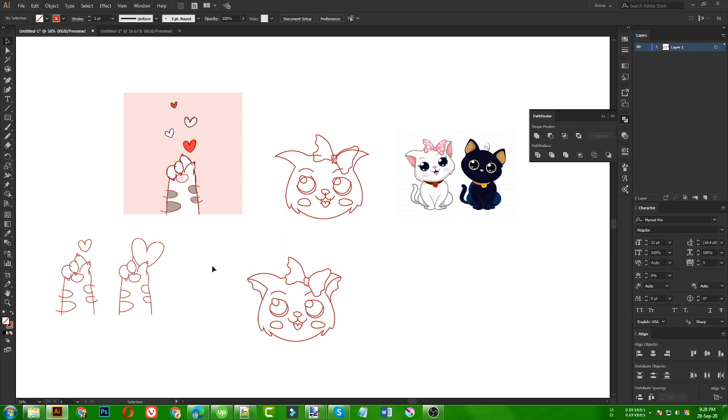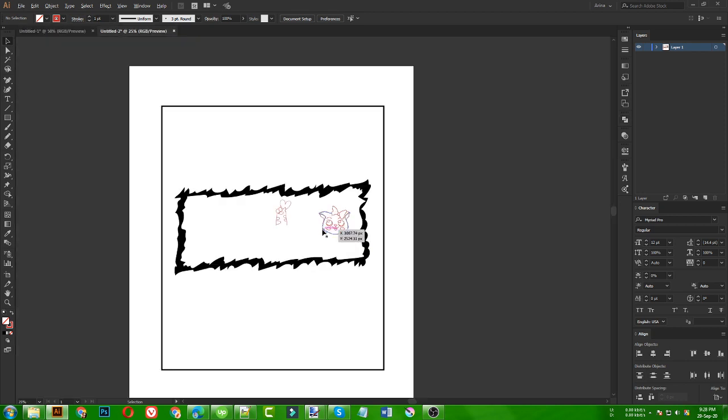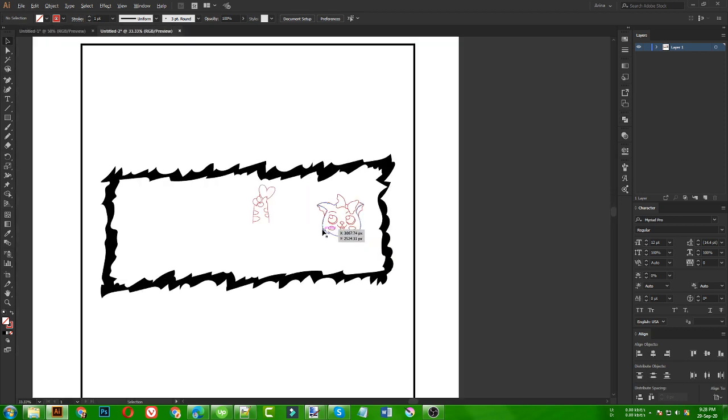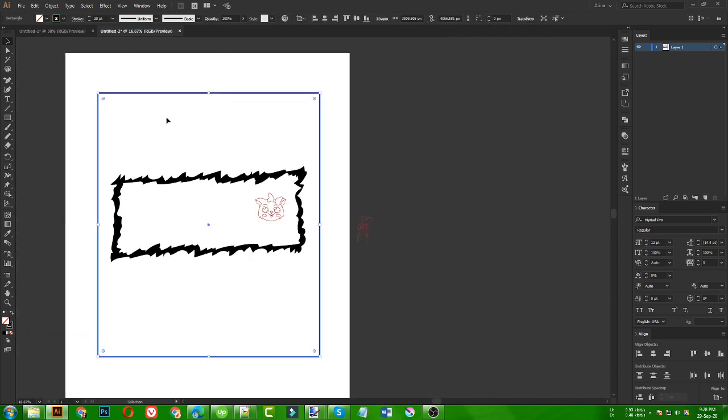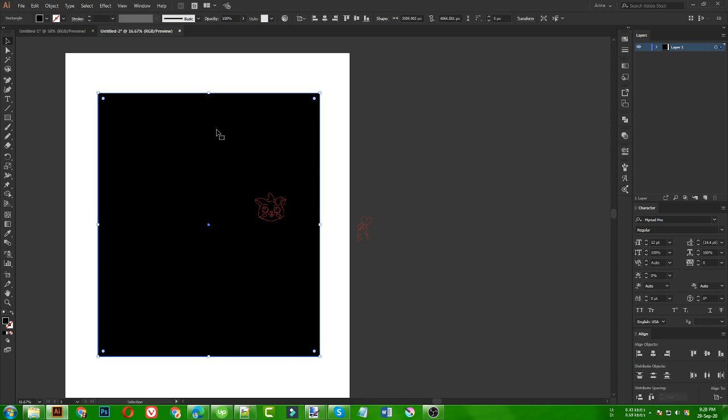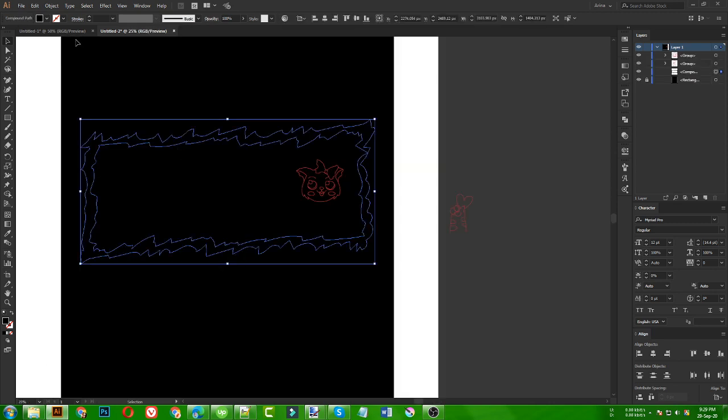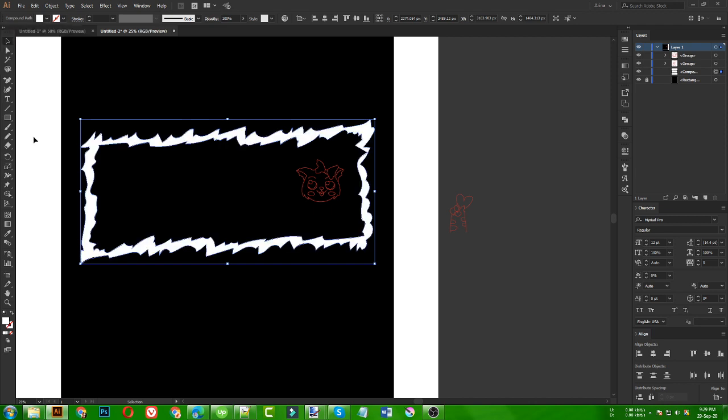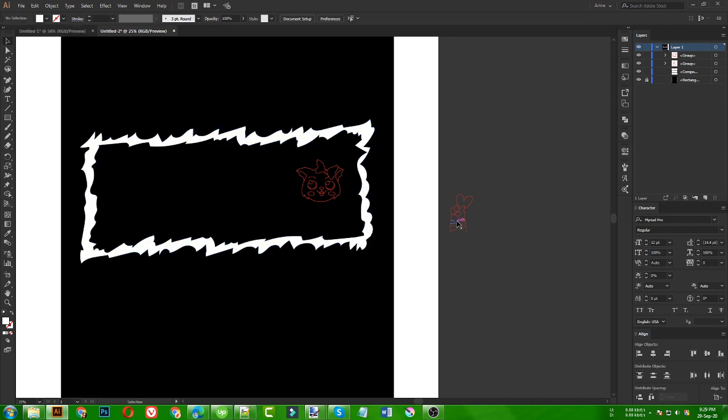Sorry for that, this is the point. I am going to now modify my vectors, but I need to make a black background for this one, because that will be easier for me to work like this. So I'm going to lock this layer, that black layer. Now I'm going to select this one, I'm going to make this white so that I can see everything clearly.